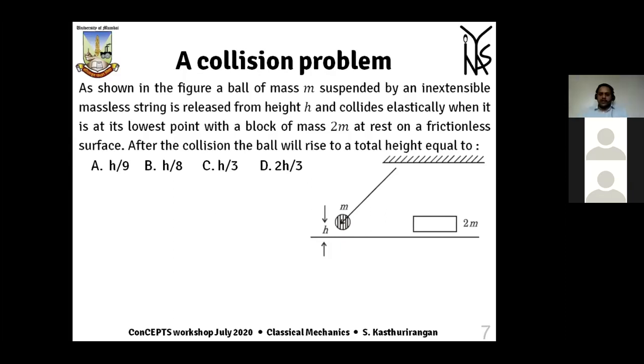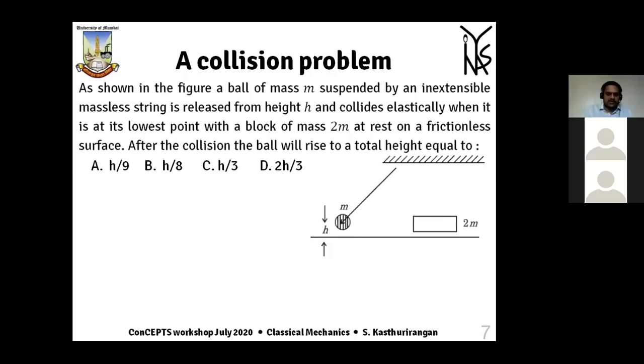Now, if you look at this diagram, it looks like the ball is going to crash into the ground before it ever hits the other mass. But this is a real diagram taken from a real NET paper. Actually, this is, I think, the Maharashtra set. Such diagrams, which may not be physically accurate, could be there in the paper. The idea is to read the question and not take the diagram literally, but understand the idea. So here, even though the ball looks like it is going to crash into the ground, you are told that the ball is actually going to hit the mass 2m, and you have to do the problem without getting confused by the diagram.